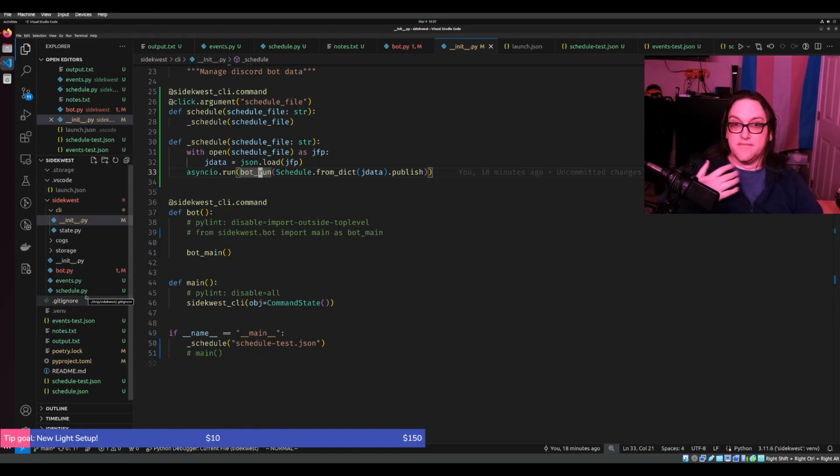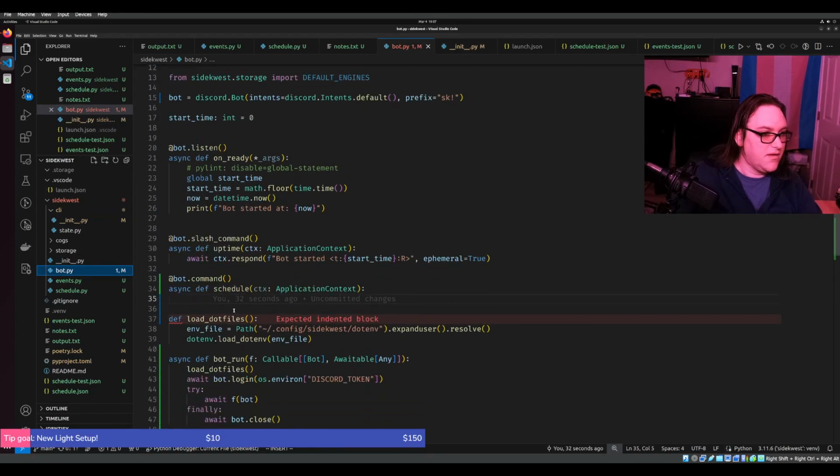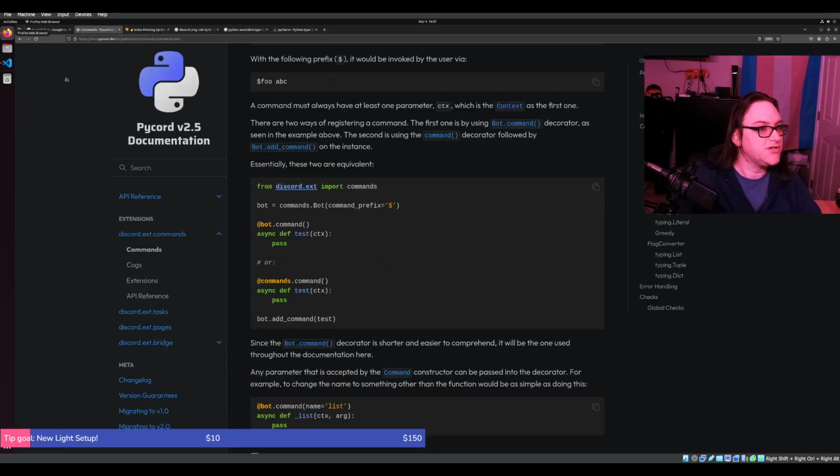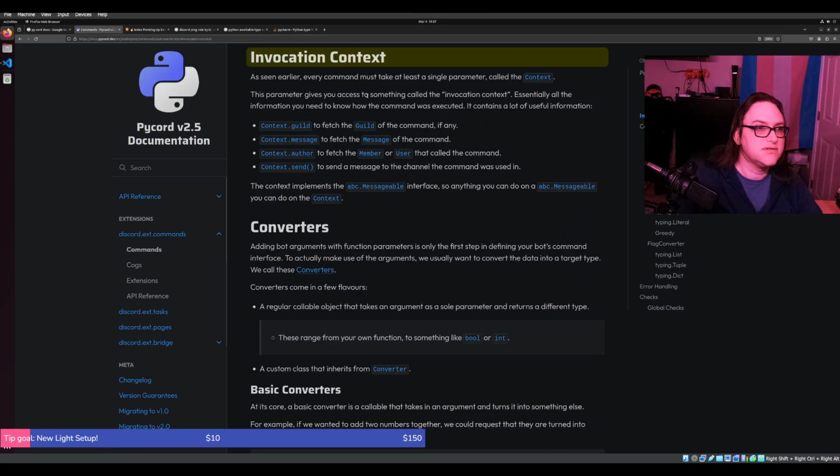Okay. So essentially, we need to pull the attachment from the message that pinged us. So let's start with that. I want to take this application context, application context, message,